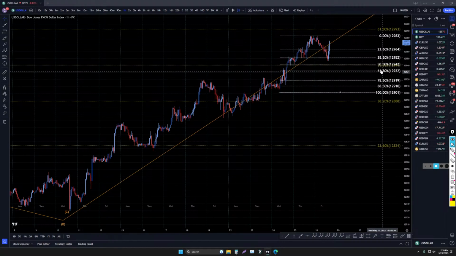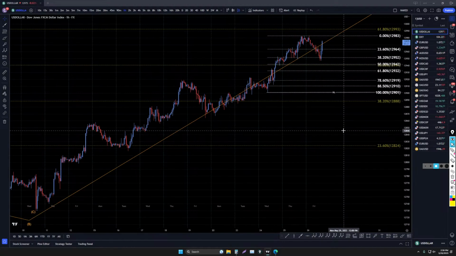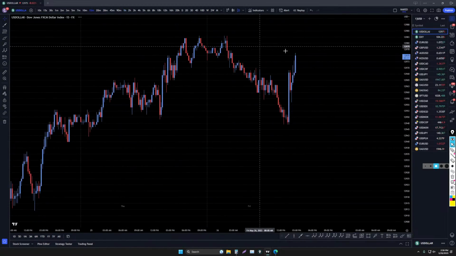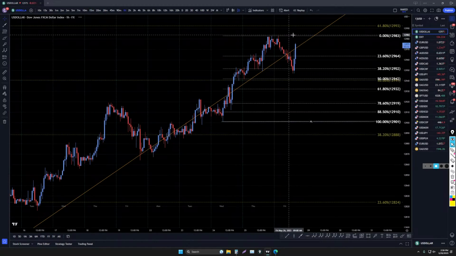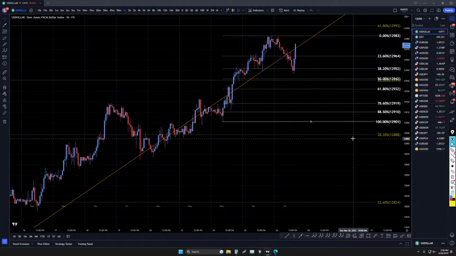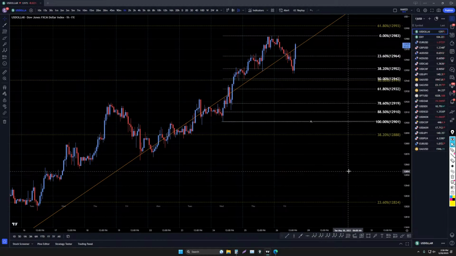So there we go. We got about, not very long at all, about 20 seconds. It definitely looks like it's going to go up a little bit more just to finish off maybe a wave 5. But we'll see. Sometimes those do make lower highs. Like I said, I think there's a good chance it could be like a final wave, so it definitely could turn down very, very shortly after the news.